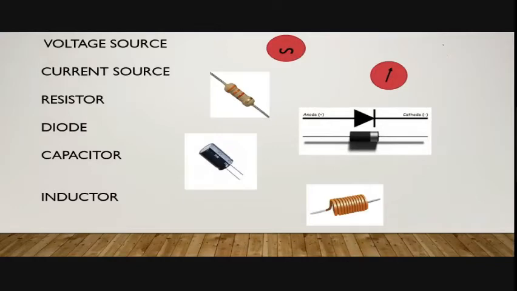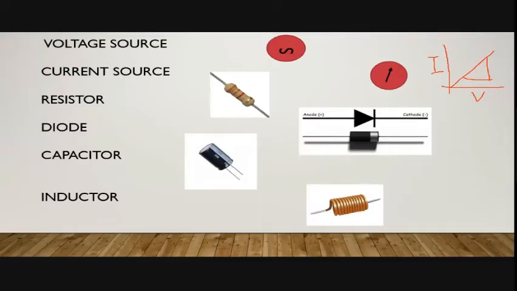So if I draw a graph like this, I take V here, I take I here, then as I go on changing the voltage, the current will go on changing, and if I find the slope, it is going to be constant throughout. Why? Because this is a straight line, is it not? So V by I is going to remain constant.